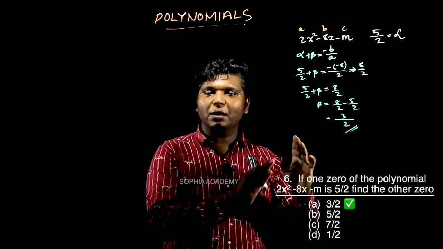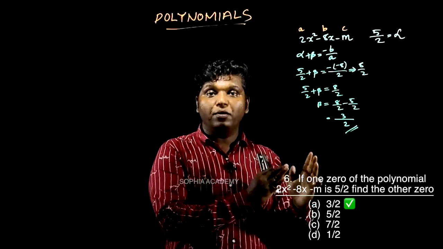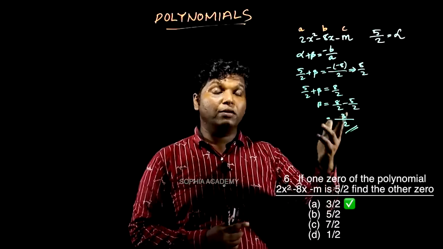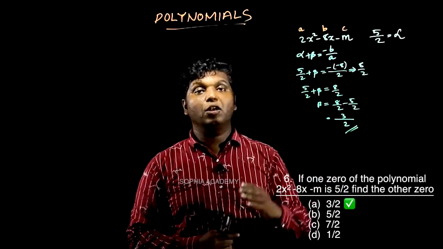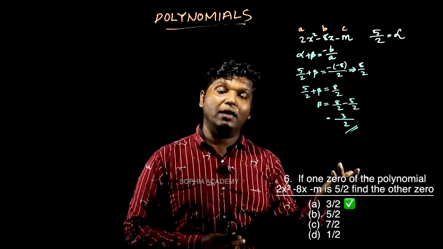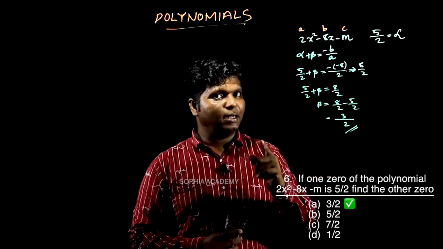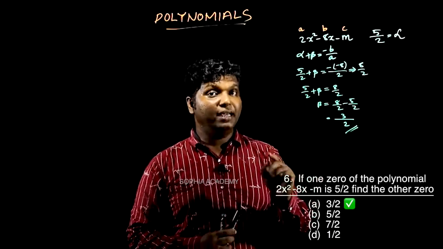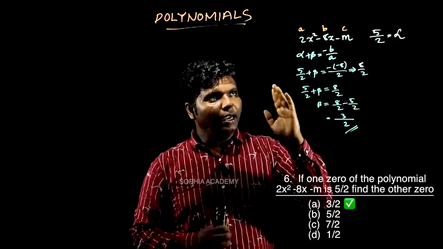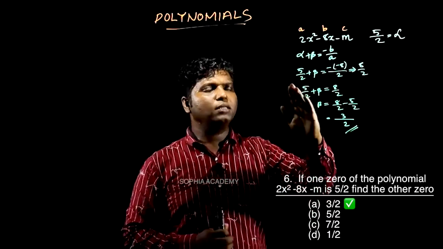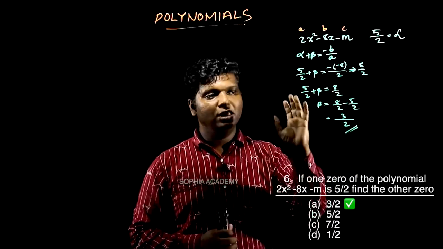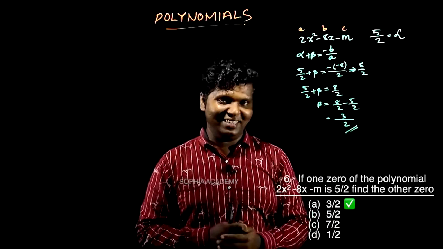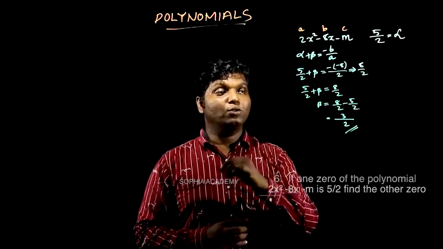But when you are considering the product of the roots, at that time it is different. In this condition it will be C by A, and if you are considering the cubic equation, at that time it will become minus D by A. That's the difference. So for the sum, for a quadratic equation and for a cubic equation, it is the same, minus B by A. Substitute the value, you will get the answer. It's easy, right? Okay, now let us go to one more question.